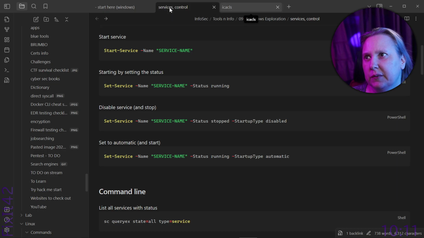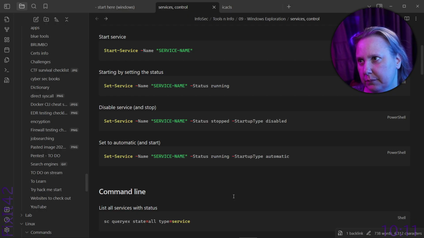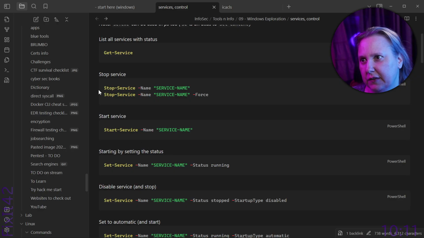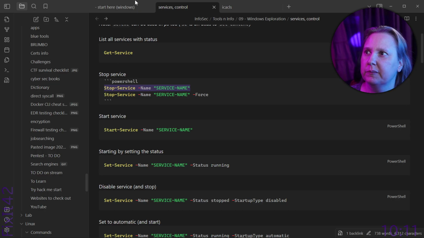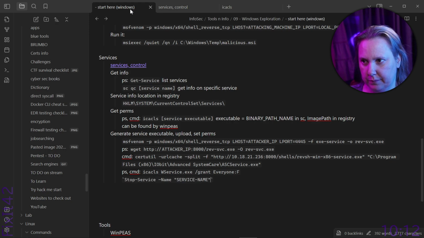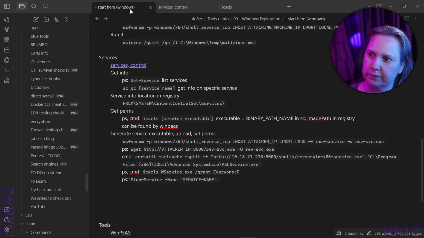I'm moving this one here because we're clicking back and forth there. So stop service and start service. That is the commands here. So this is the ps command for stop service, and